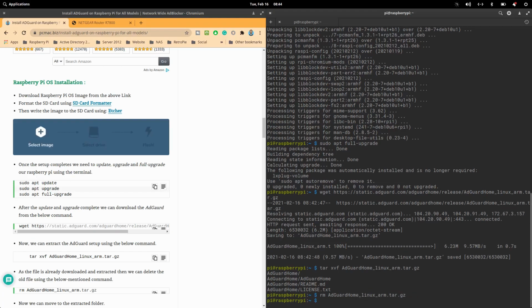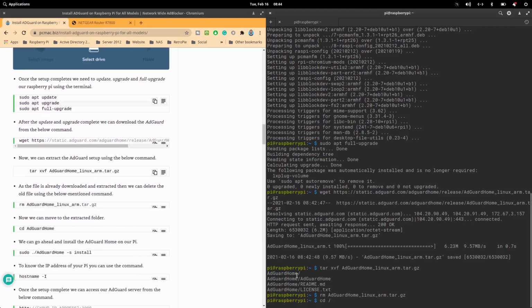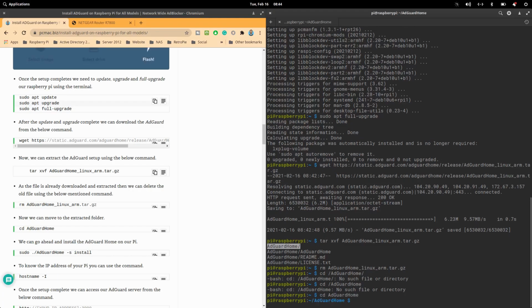Now it's removed. Now we need to navigate to our AdGuard folder. The name is AdGuardHome. You can copy it from here. So we are inside the AdGuardHome folder.